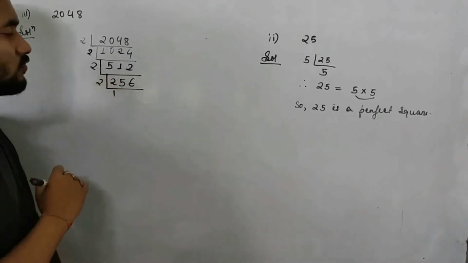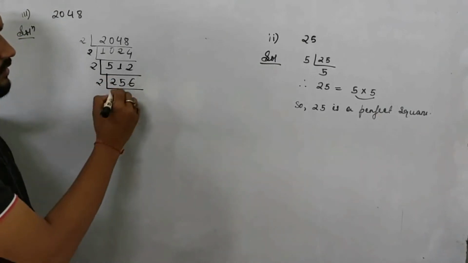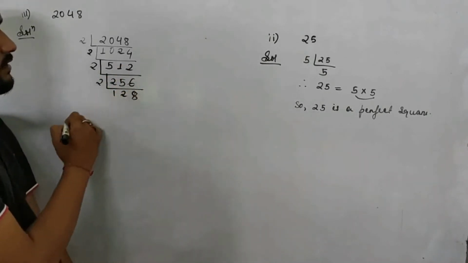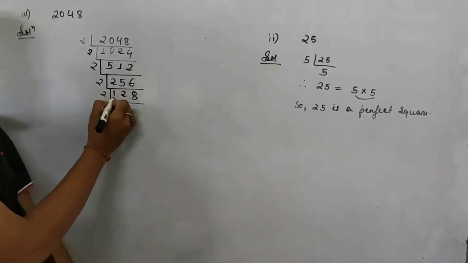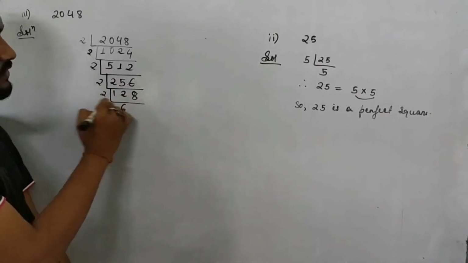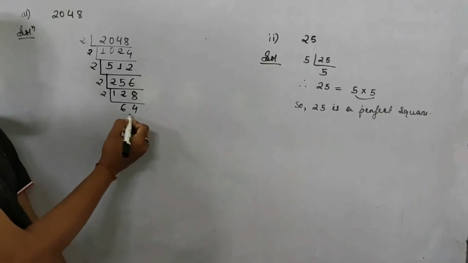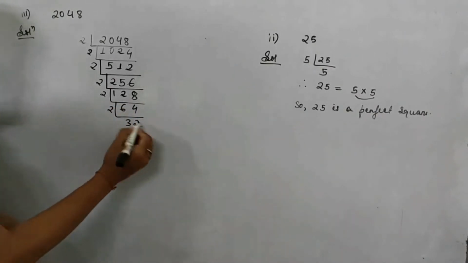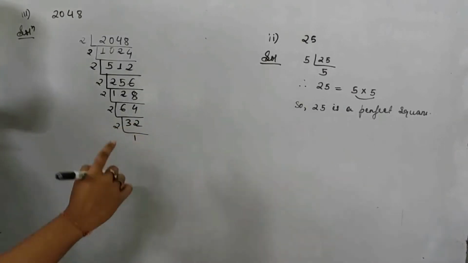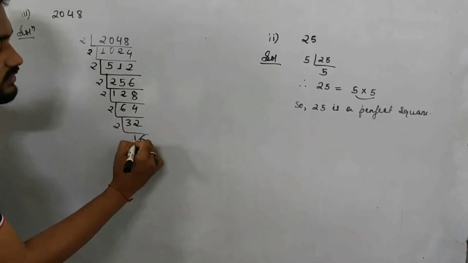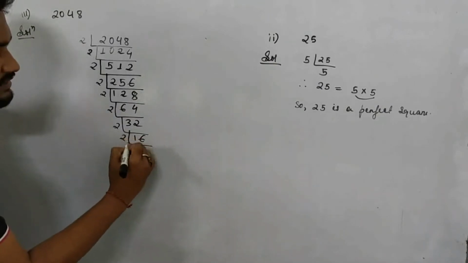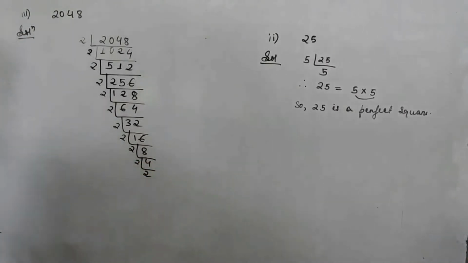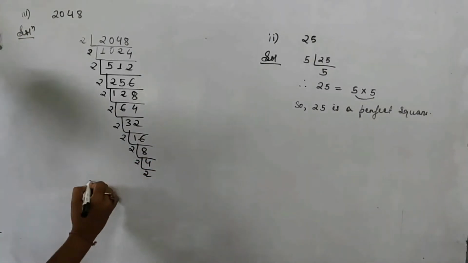So again 2 1 ja 2. 5 is there. 2 2 ja 4. 5. 16. 2 8 ja 16. 1 is small, so I will consider what? 12. 2 6 ja 12. 2 4 ja 8. Again 4 is there. 2 3 ja 6. 2 2 ja 4. Again 2 is there. 2 1 ja 2. 3. 12. 2 6 ja 12. Now it is easy. 2 8 ja 16. 2 4 ja 8. 2 2 ja 4. So I can write, therefore,